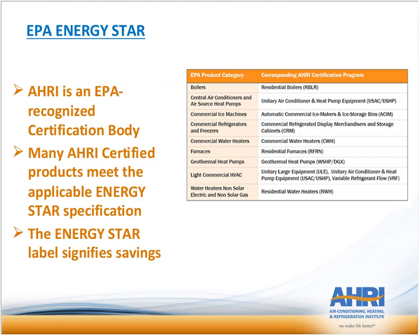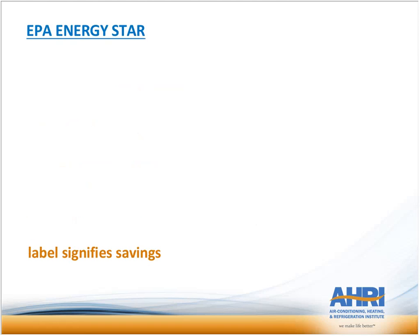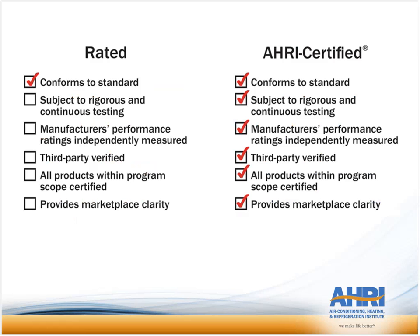Energy Star, in addition, recognizes AHRI as a certification body and allows AHRI to administer audits at the manufacturer's lab on behalf of Energy Star. So we're able to certify products to Energy Star, which definitely signifies savings for those products. Many of the products that are on our directory are by default Energy Star certified because they comply with the EPA requirements. So just as a summary here,